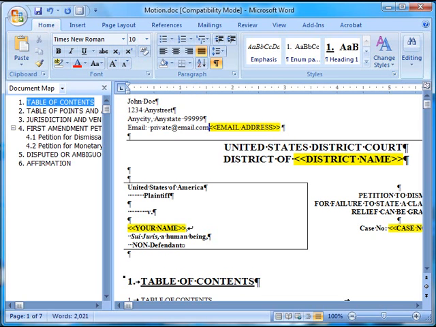private@email.com. Hold down the Shift key, hit the N key while we're holding it down, move the left arrow over while we're still holding it down, and then hit delete. There we go. Now we've customized the address at the beginning. Then we're going to click on the next item to customize, which is the name of the district court, and